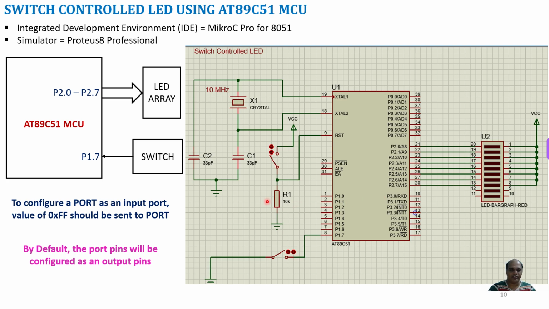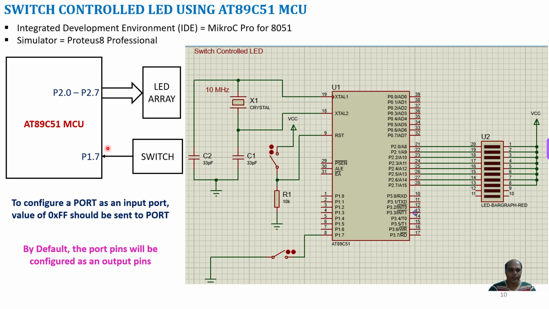of your switch. So I will be taking an LED array, connecting it to port 2 of your 89C51 microcontroller, and a switch will be connected to port 1.7 pin. Here I will be using 8 LEDs and one switch connected to port 1.7. An important thing to note here is that we have 4 ports on the microcontroller: port 0, port